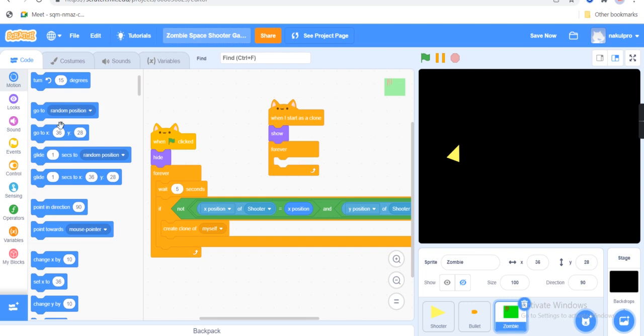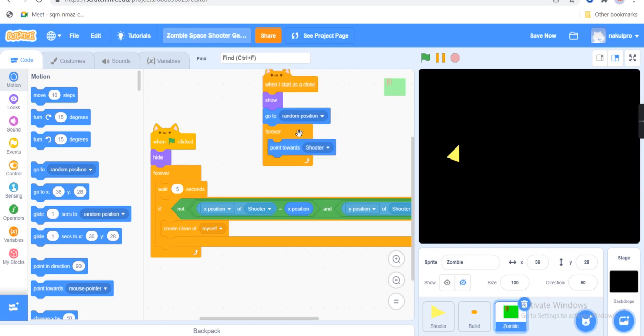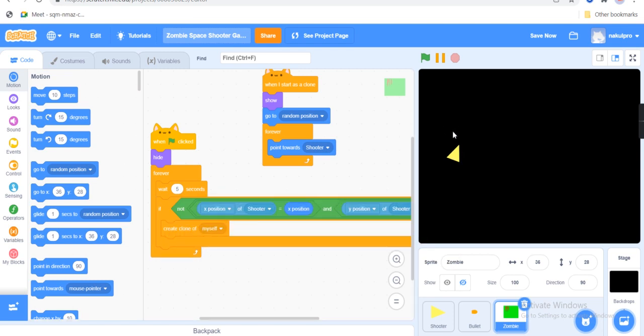Point towards shooter, and I just forgot to do this: go to random position. That's why this code is over here. And if it isn't random and it is simply there, then it can also come over here to this player, and the player would die automatically. Who would like these types of things? So point towards shooter,